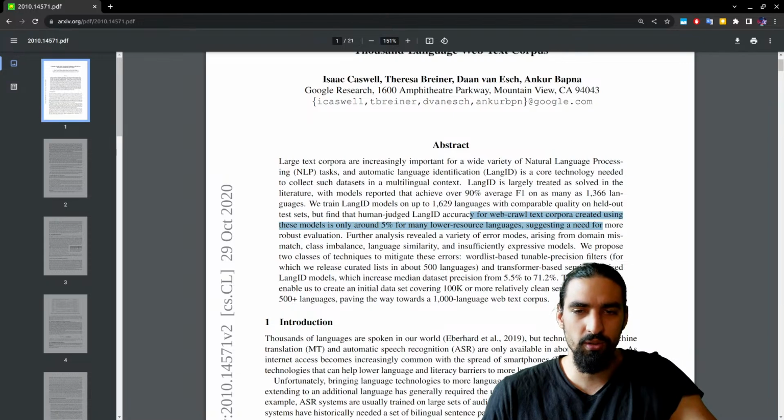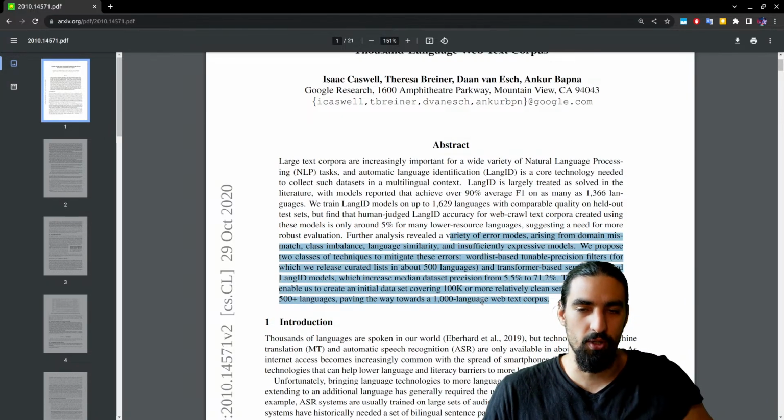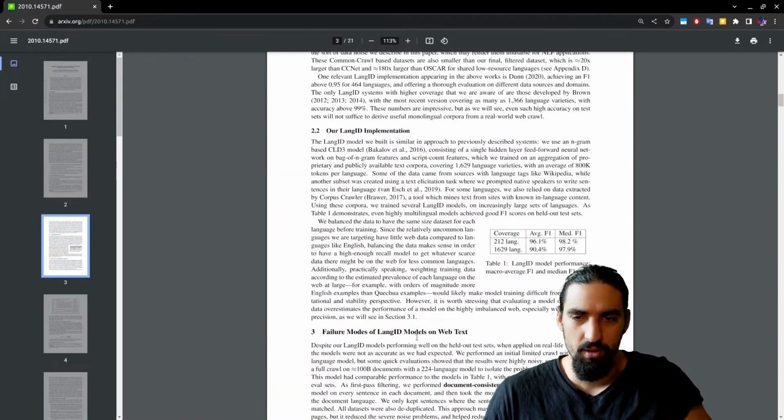for which we release curated lists in about 500 languages, and transformer based semi-supervised language ID models, which increase median dataset precision from 5.5 to 71.2. These techniques enable us to create an initial dataset covering 100K or more relatively clean sentences in each of the 500 plus languages, paving the way towards a 1,000-language web text corpus. Okay, that's the abstract. Let's quickly skim through the rest of the paper to see whether we have any